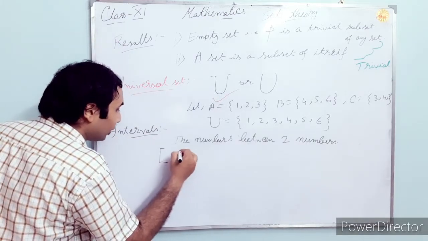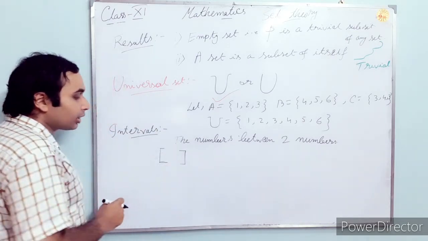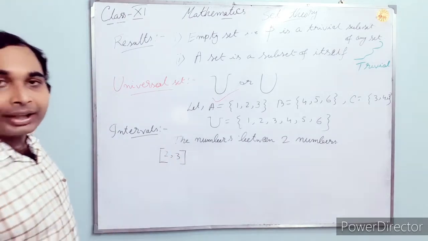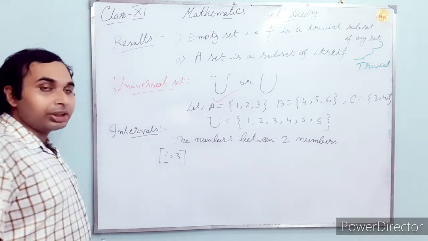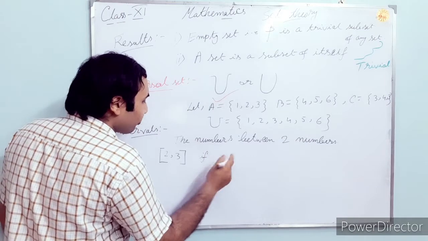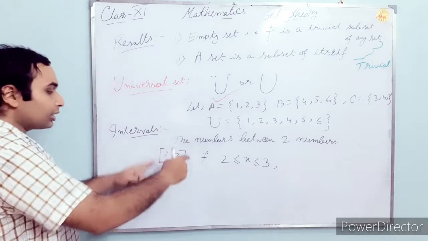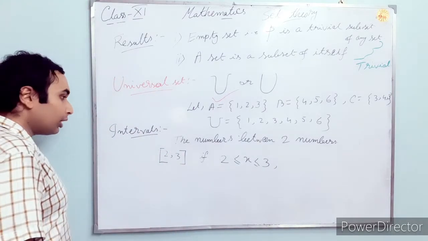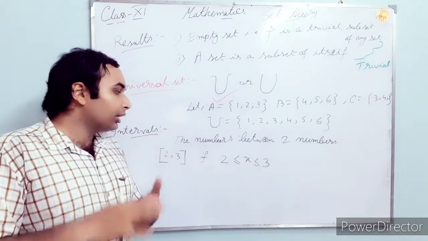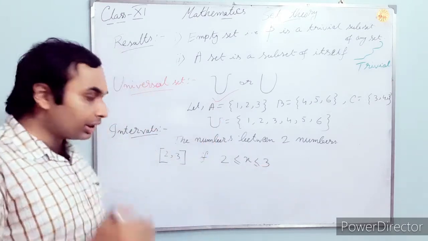See, actually the sign of interval, trivially we take this one, but I will tell you later. So there are 4 types of examples. 2, 3. This is the interval sign. This is called the closed interval. If x is in between 2 and 3, then this is called the interval of 2 and 3. That means x can take each and every value that lies between 2 and 3. That is the interval part only.